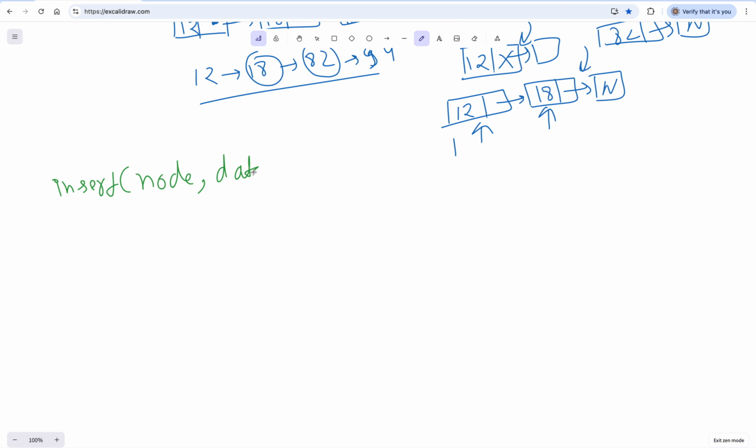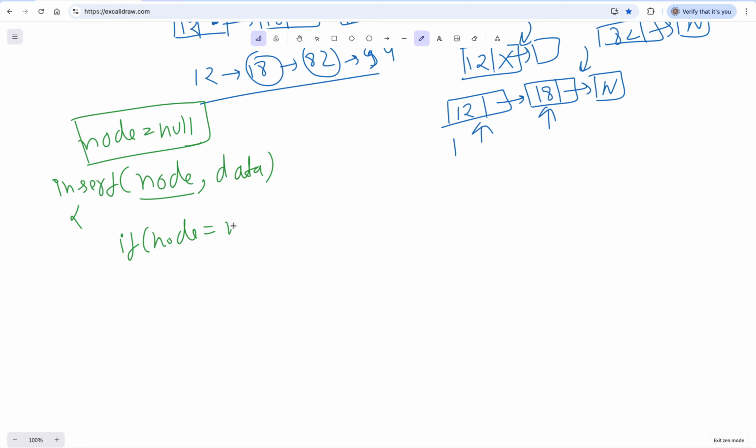Okay, and in the beginning our node will be equal to null, which means in the beginning our linked list is null, we are not having any elements. So if your node is equal to null, if you are not having anything, then you need to return a new node.